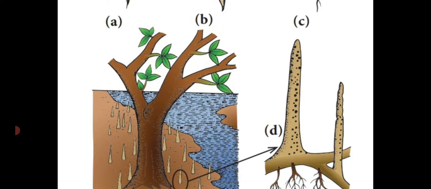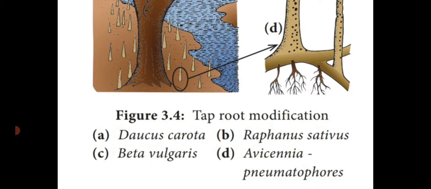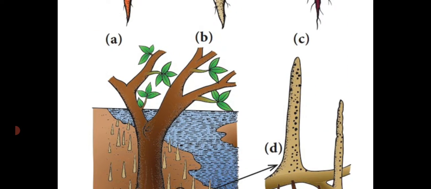It's a mangrove plant. Mangrove plant means less content of water and also a large amount of mud. That is said to be mangrove vegetation. In those regions, some of the plants which grow are known as Avicennia. In the soil, water content is very less, but mud is a large amount.